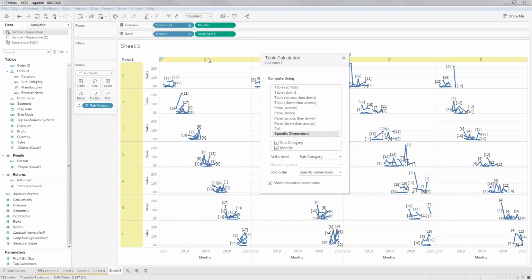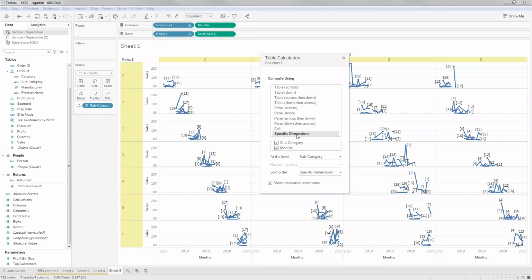It will understand what dimension you have placed in columns and what dimension you have placed in rows, and based on that, if you select table across, it goes with something placed in rows and calculates across. So by default, all these options understand what fields are present in your columns and rows. But specific dimensions is not like that.